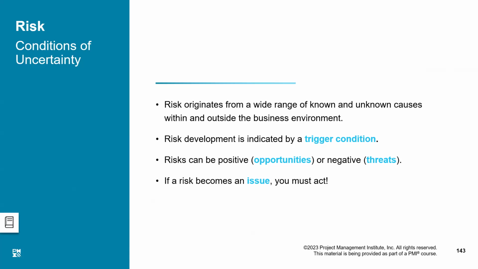Therefore, I would say risk could be categorized like those which are known. We know that this thing can occur and we know how much damage it can cause. This is the known risk. Then there are known unknowns. Known unknowns are those where we know that something like this can occur, but we don't know the amount of damage it can cause.